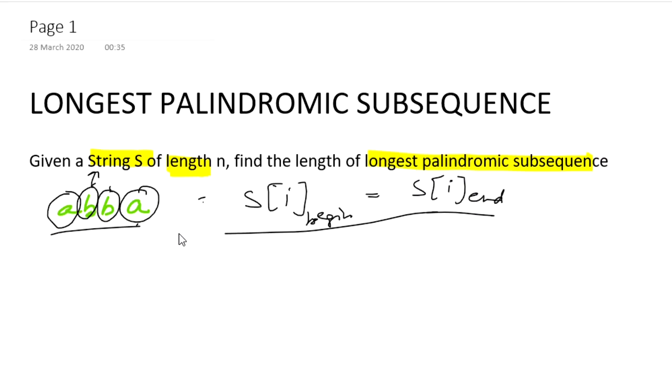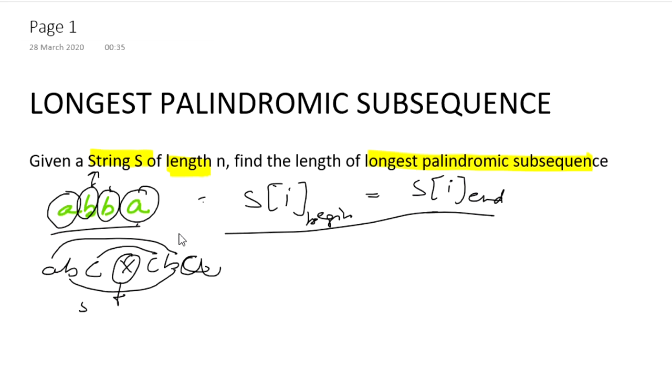If we want any other example, A B C X C B A is also a palindrome, because they are equal, and this is obviously equal. The ith character from beginning is equal to the ith character from end. Okay,